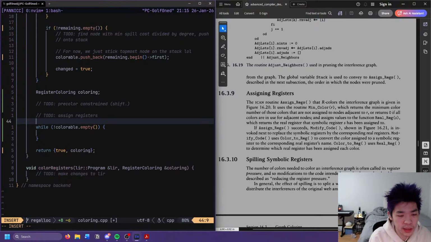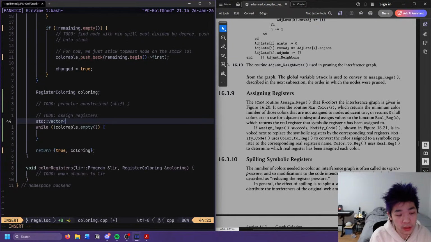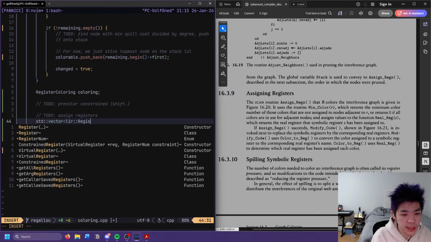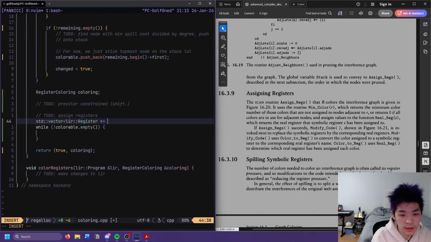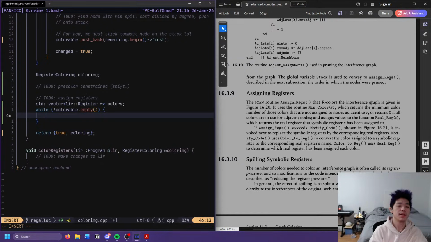Let's make a std::vector of LAR register star. We could call this colors, I guess. And then, while we have things, I don't know, what is the best way to do min color here?